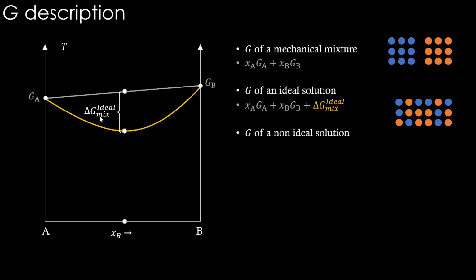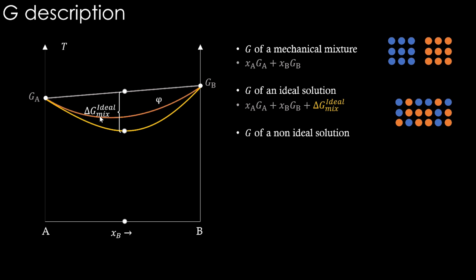Gibbs energy of non-ideal solution will be deviated from this. Okay. So should we consider this delta G mix ideal or not? If we want to calculate Gibbs energy of non-ideal mixing, we will consider this because the tendency for the elements to mix, that's the Gibbs energy of mixing in ideal case, right? Without any interaction itself, elements will try to mix. That tendency is always going to be there. That entropy of mixing is always going to be there. Only thing, the interactions, whether the elements like each other or not, that is going to play an important role now. That is going to deviate the system from its ideal mixing.